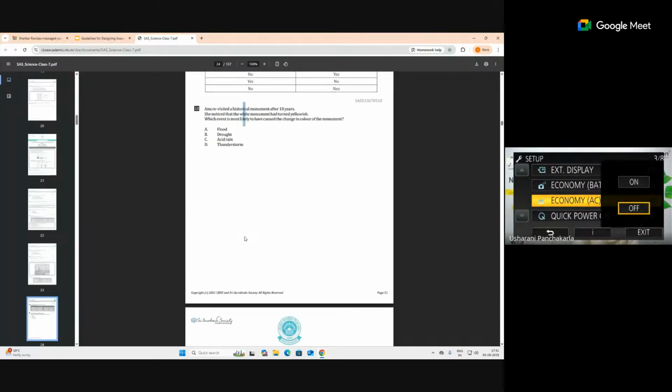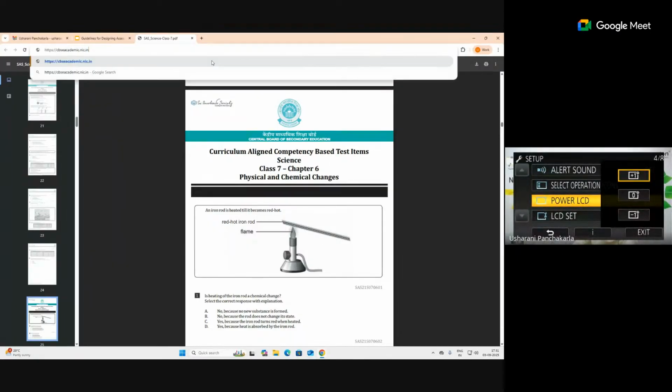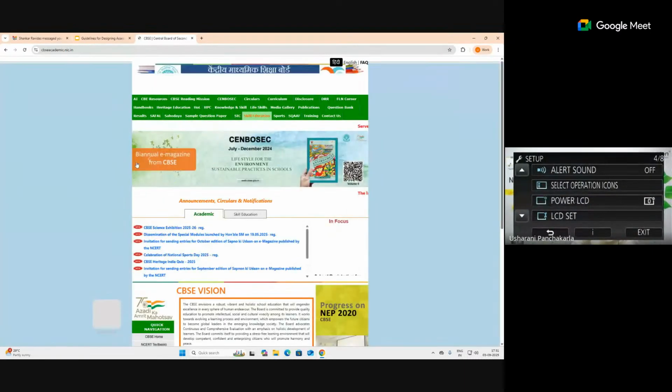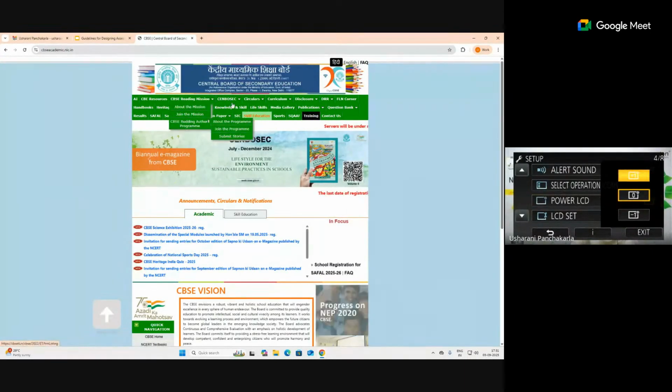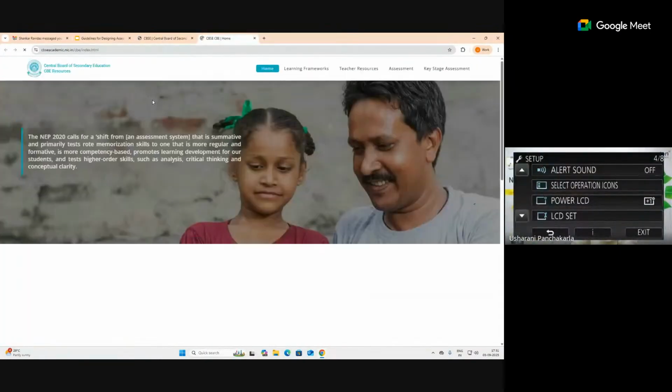So this sort of questions is what you actually see in international assessments, like one is PISA, the second one is TIMSS. And this sort of questions has been added into the CBSE curriculum even. I'll show you where it actually exists, because I have taken only one sample, but let me educate you. Here you have something called competency-based education resources.